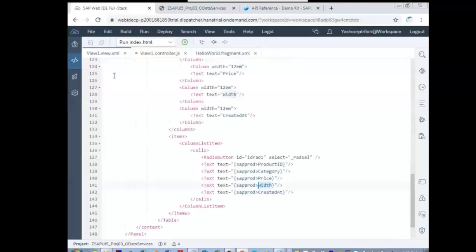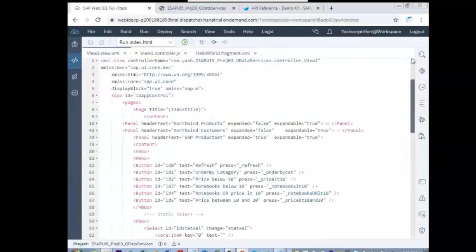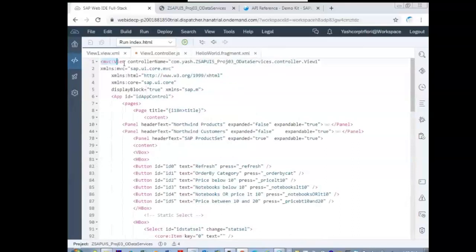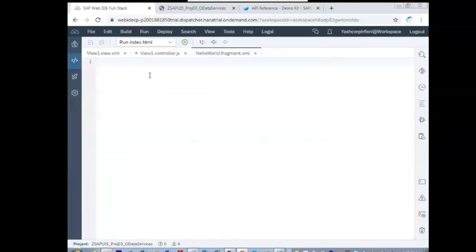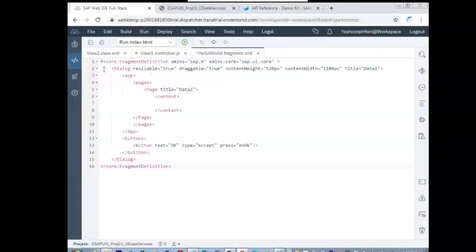How in the view we have at the beginning this kind of definition: app, pages, page, content. So I have a template with that. You copy this code whenever you are free into your web IDE hello world fragment.